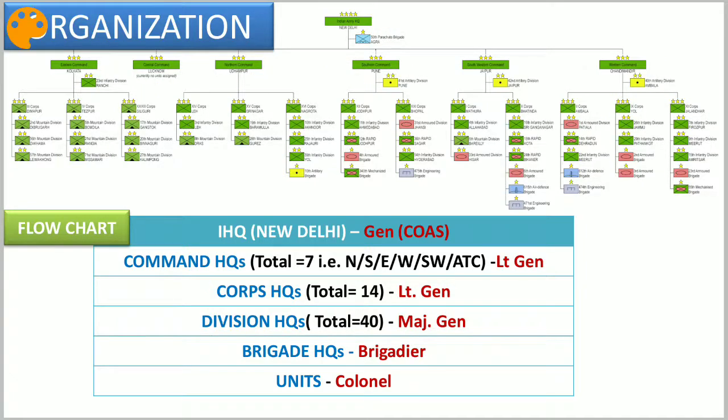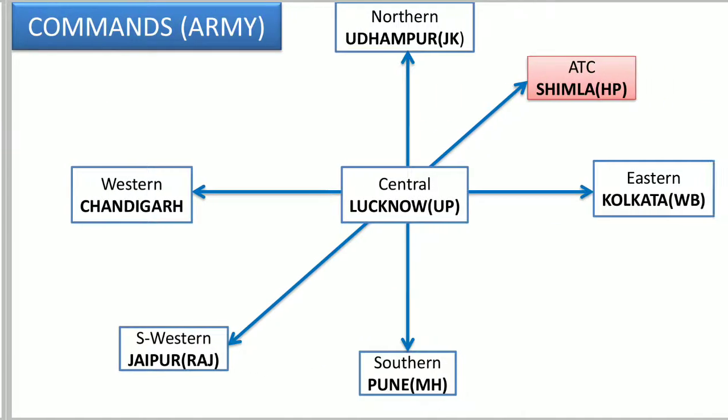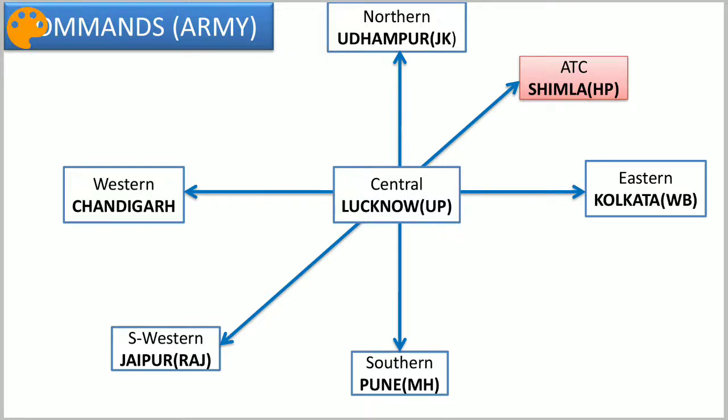So you have to remember this thing, that there are a total of 7 command headquarters, a total of 14 corps headquarters, and a total of 40 division headquarters. Okay, so now the next, now we will see the command headquarters of the Indian Army. So if we locate these locations on the map of India, what we have to do is locate the map of India in your mind, and after that just try to locate these locations in your mind, so that it becomes very easy for you to remember the things. Okay, now